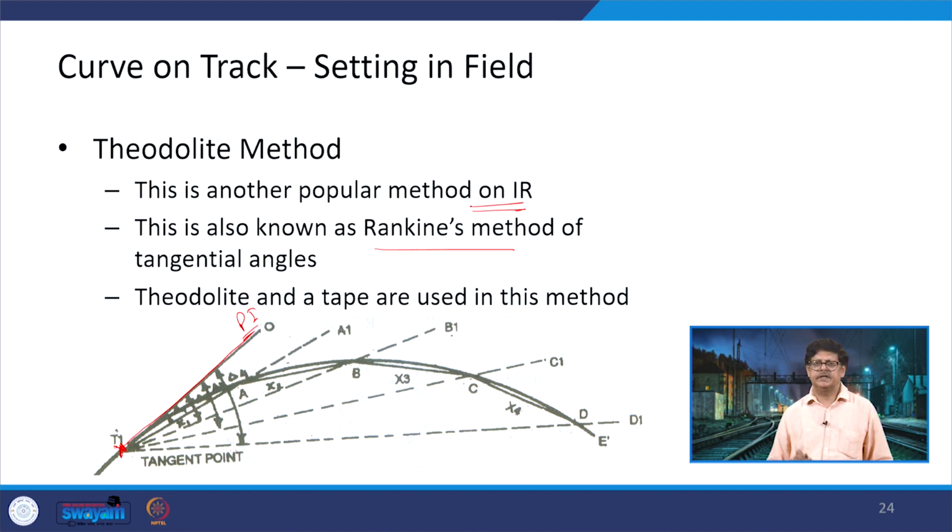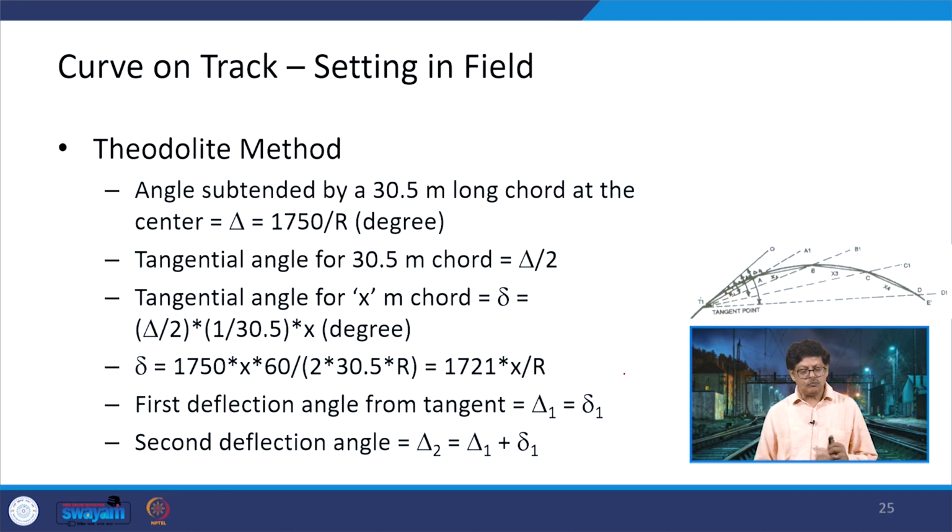So, this is the setting of the theodolite which is being done. Now, what we need to know is the deflection angle by which we are going towards the inner side. So, there are two values which we are talking about here. One is defined as capital delta and another is a small delta. So, the angle subtended by a 30.5 meter long chord we have already talked about, that was talked as D